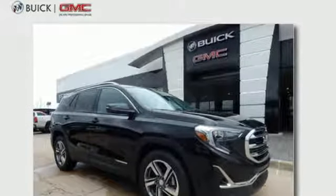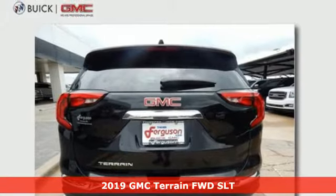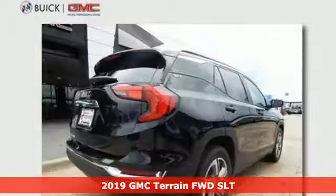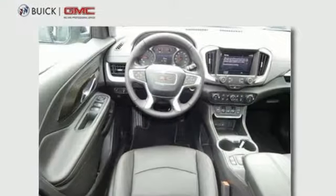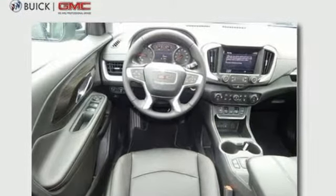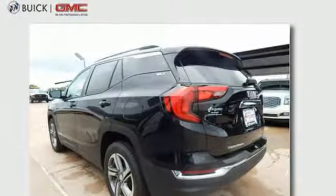It's a new 2019 GMC Terrain. This SUV will be the perfect fit for your family with power and efficiency and surprising cargo space. Plus, it offers an exciting list of features: automatic transmission, front heated leather bucket seats, Bluetooth streaming audio, auto-dimming rearview